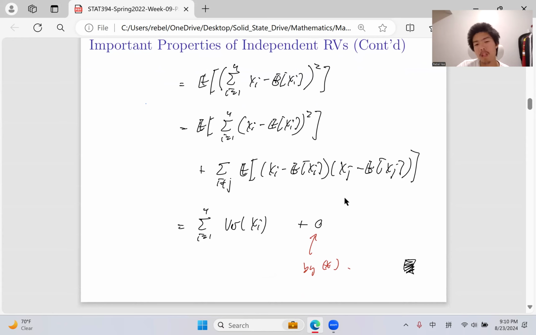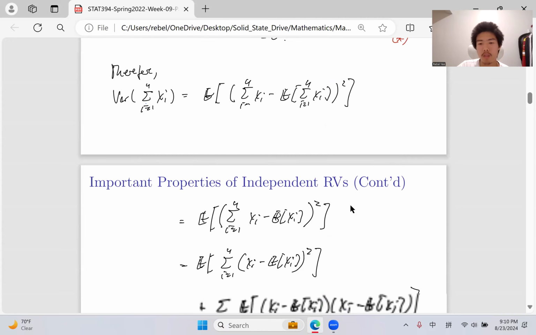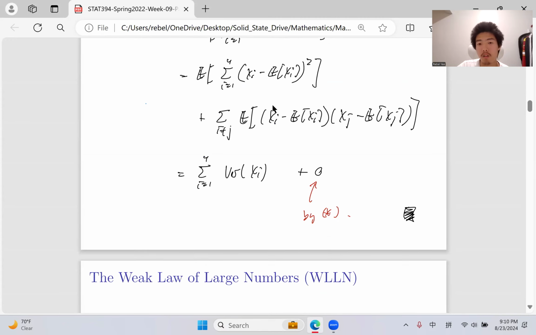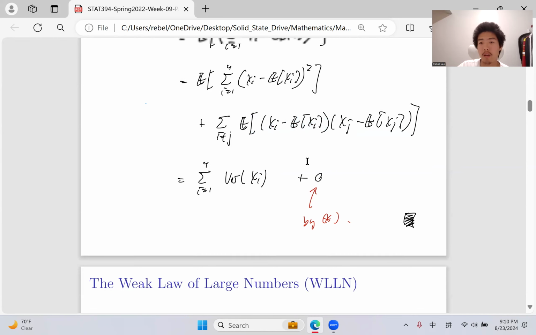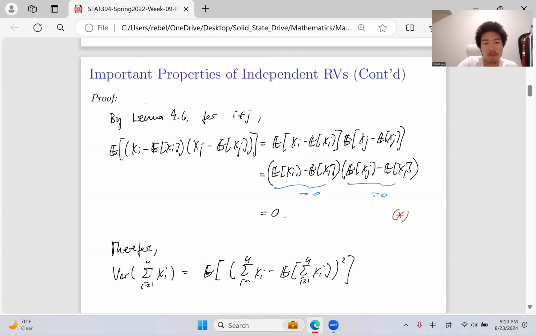Again, let's think about what is happening. What is this case? This is just the case of the expected value of two random variables. So we're going to think about what they are, because we're going to separate them based on Lemma 9.6. So we're doing it right here. We're separating them into the product of two separate expectations.